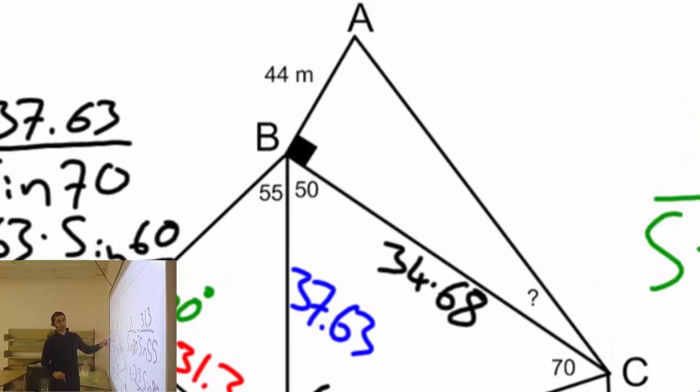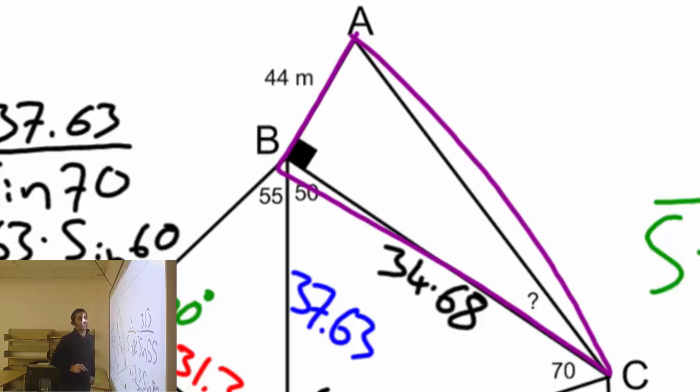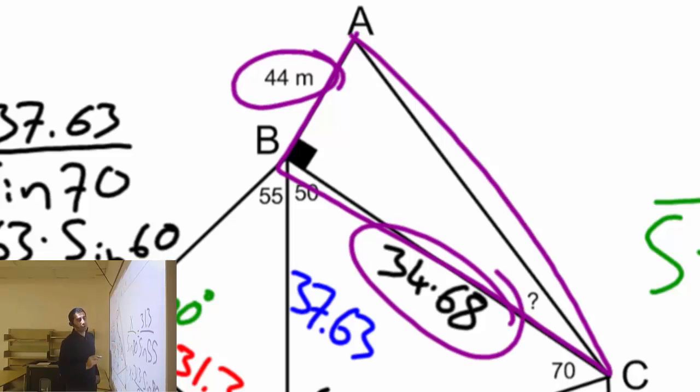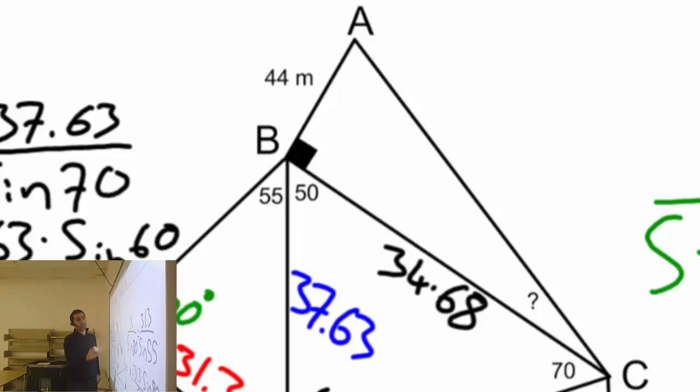Now, I'm very close to the question now. So, I know this. Now, I just have to focus on this triangle. And what I know is this, 44. What I know is that, 34.68. So I know the angle here. This is 90 degrees. But there is a but. I do not know, this is 90 degrees, yes, but I do not know the side across from it,